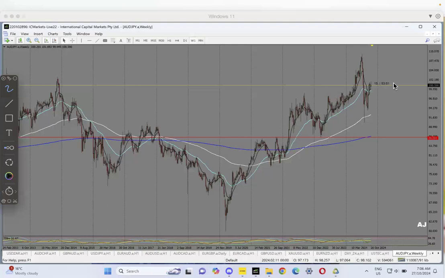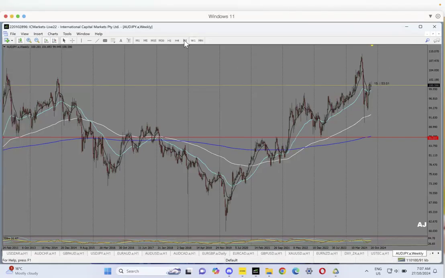So what's important is to understand that they might give you a second leg and go down, or they might give you a second leg, come here, form a reset, and continue going up, right? That's one thing that you should have in mind. But all this will be determined by the monthly time frame. But as of now, we know we are going back up for a second leg.